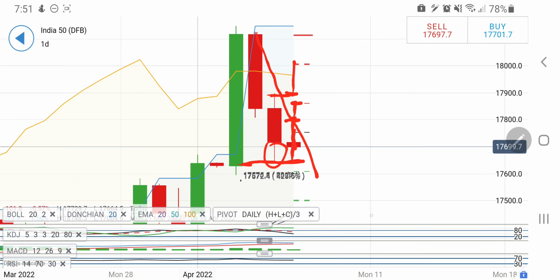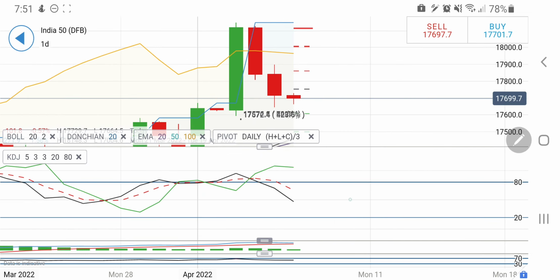Beyond that, 18,000 is a must. So a probable long entry can be taken at around 17,750, where you can expect 17,800, 17,880 and plus levels. At the same time, downside support is at around 17,650. So only go short below 17,600, below which it is definitely strongly bearish, where one can expect a strong drop. Right now trading at 17,700, and the daily stochastic was overbought, looking downwards right now. MACD is trying to converge, and RSI is not showing any signs on the daily charts.